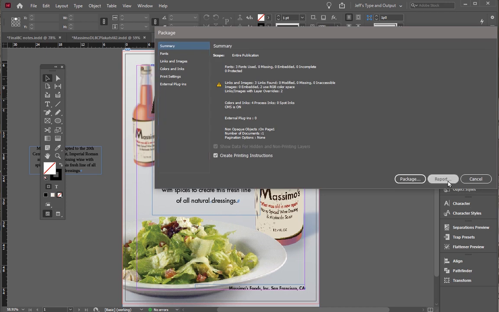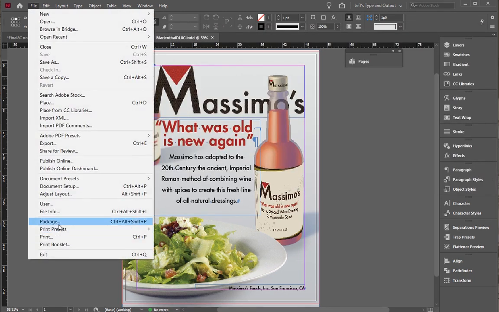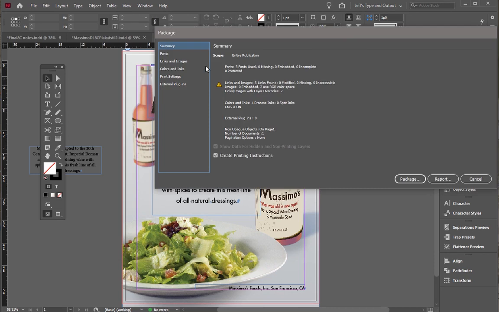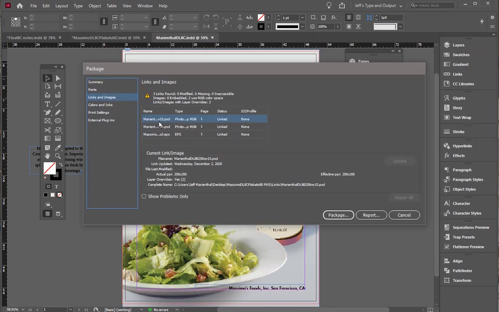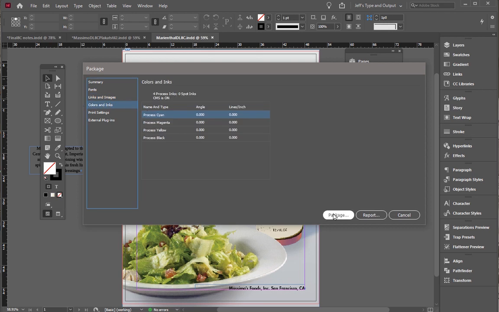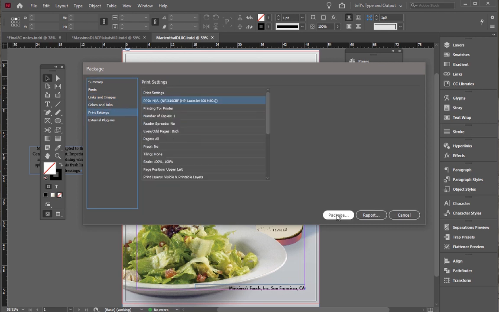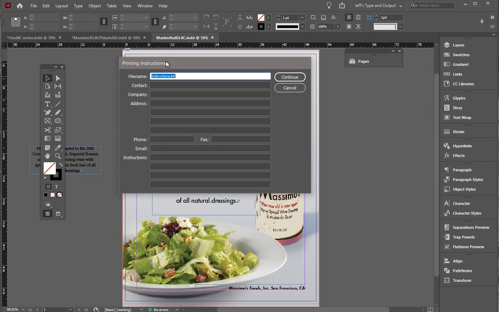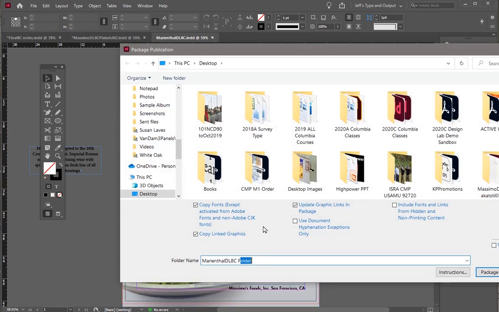package, or again, it's in the file pull down in the bottom group package. It has 3 fonts. It has 2 instances of the PSD and has the link DPS. It's 4-color process. I don't really have to worry about print settings. I'll just package this. I don't have instructions for the printer, so I'll skip that, and I will save this